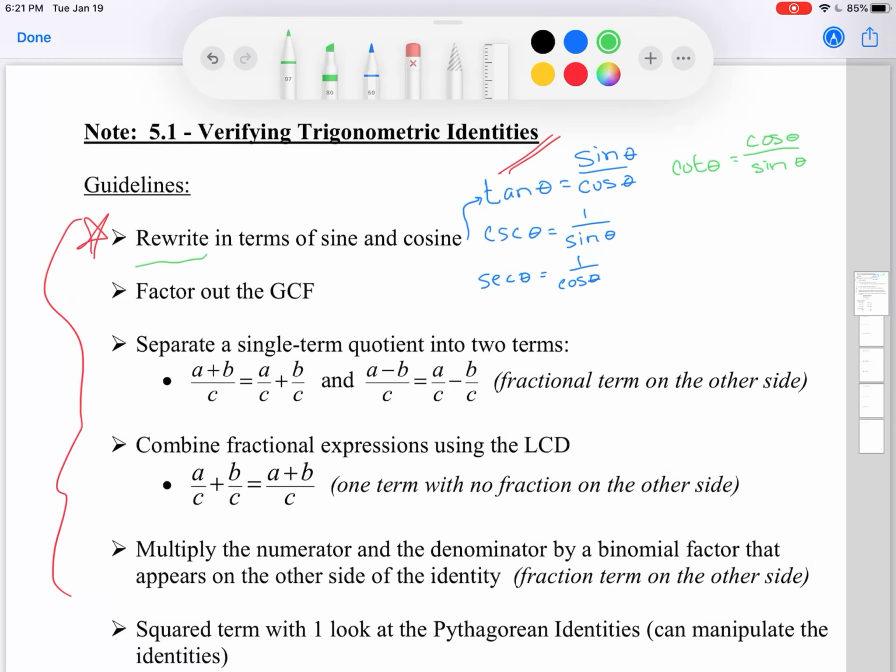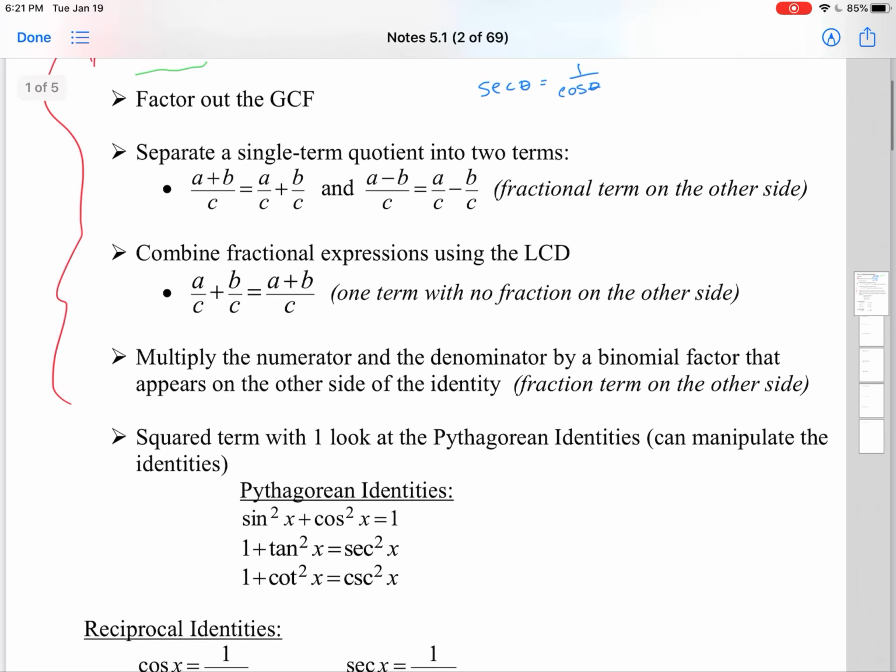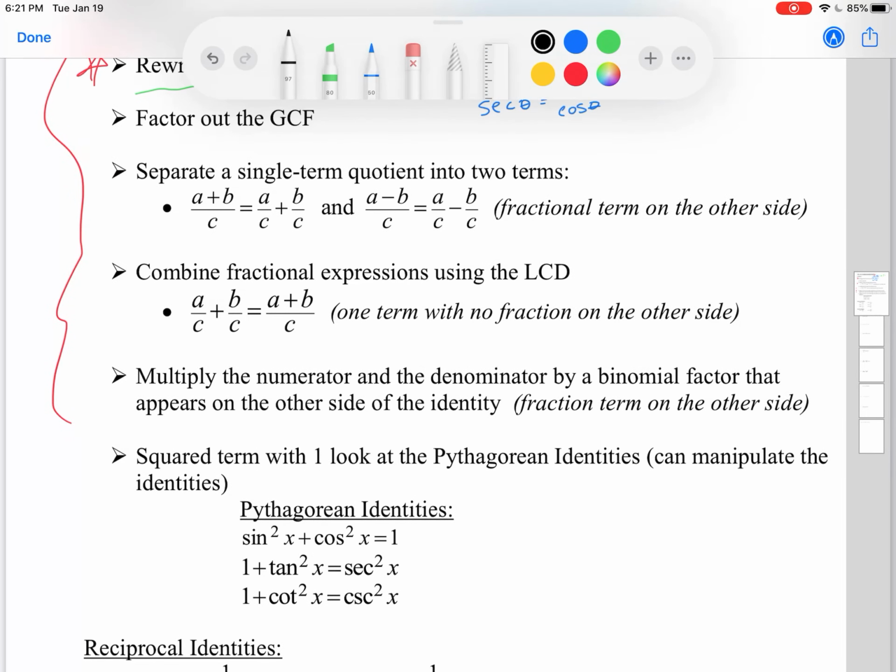Another guideline is to factor out the GCF. Remember, greatest common factor. A great reason to factor out the GCF is so that we can cancel some things over our fractions, or we can get things out that will allow me to convert it into another trig function, things like that. So you'll see some examples. And then we have this extra